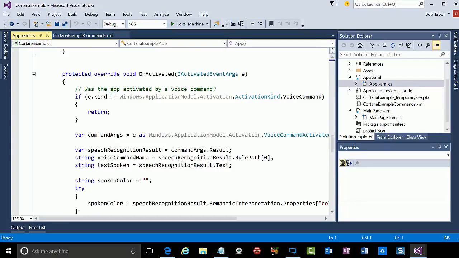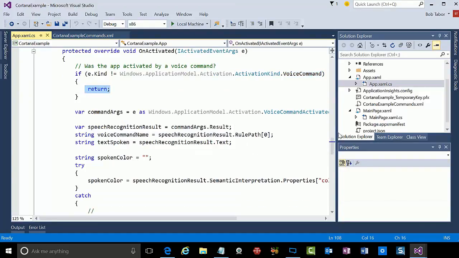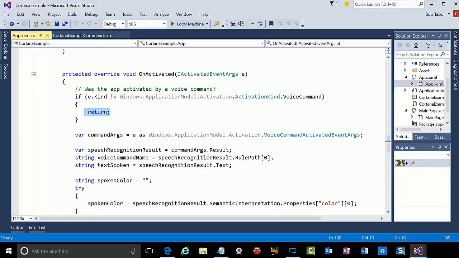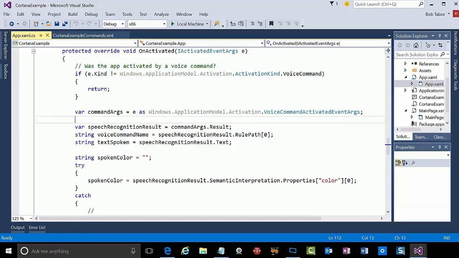And specifically, I want to know how this application was activated. Was it activated as a result of a voice command? If it wasn't, then I want to return. But if it was, then I'm going to grab out the command arguments that were passed in as IActivatedEventArgs. And so we're casting them essentially to a specific type of event arg called the VoiceCommandActivatedEventArgs. And then once we have the command args for voice, we can grab off